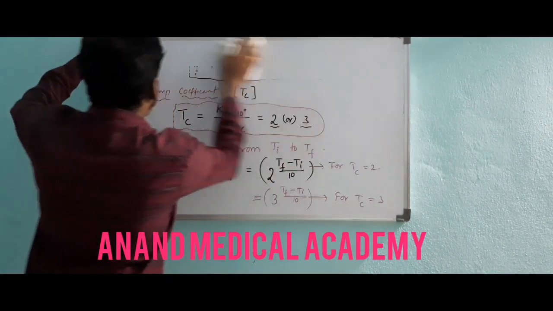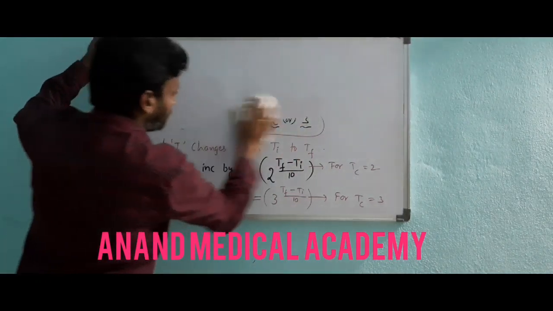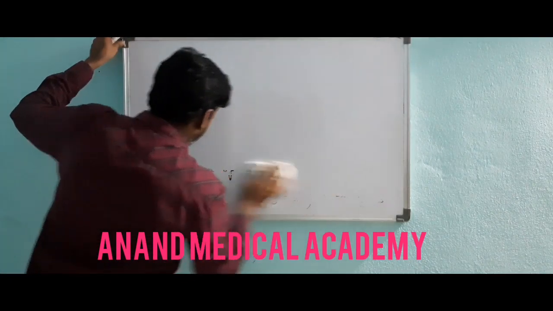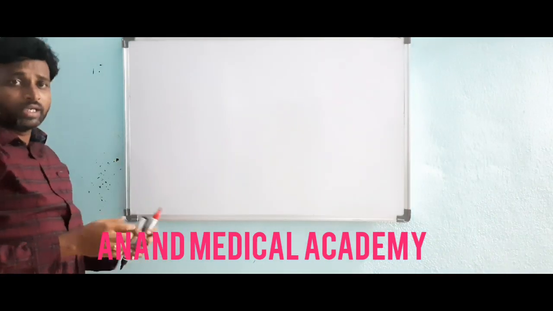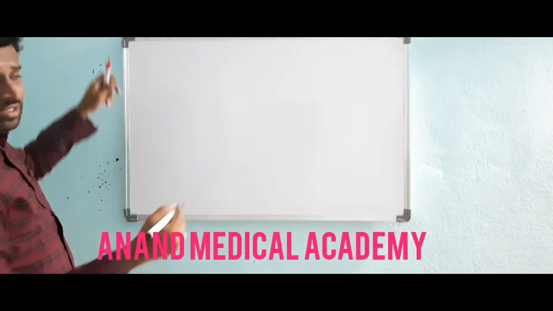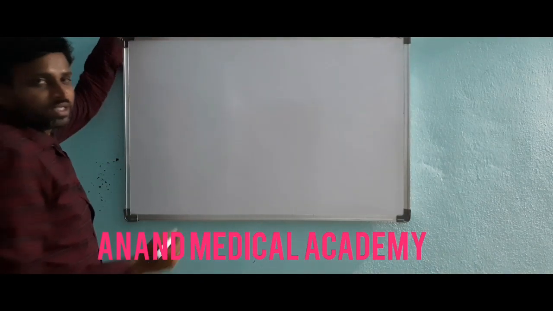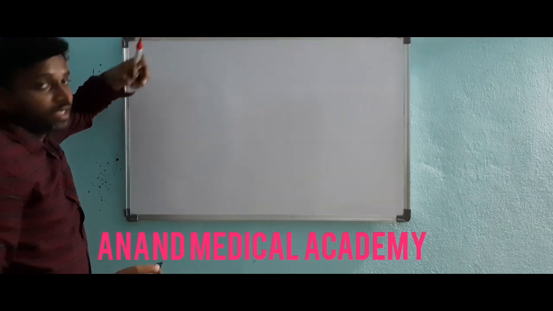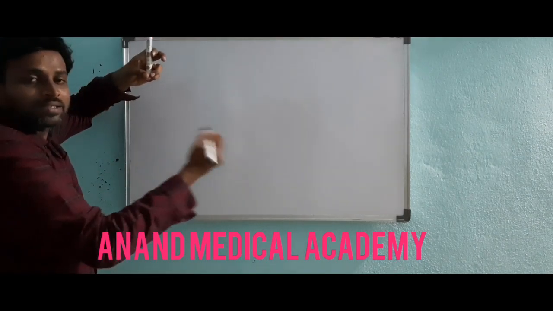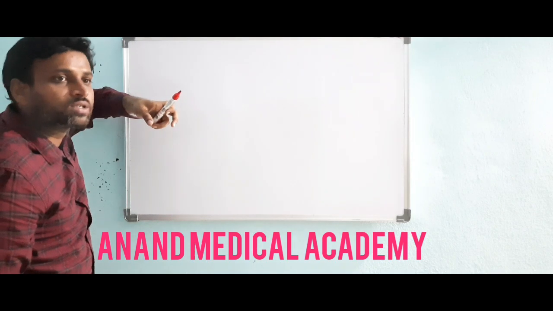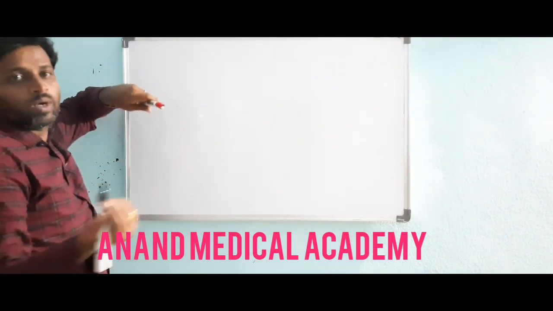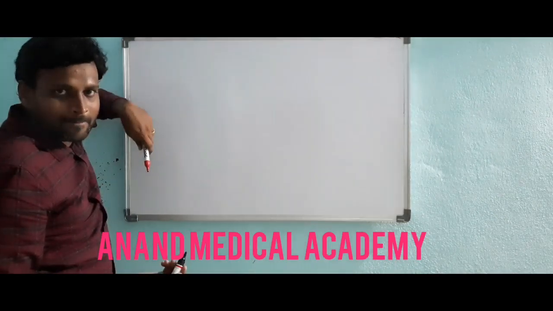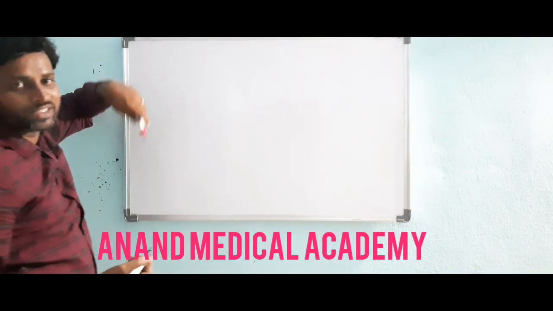Now let's see one small example for this. This is the effect of temperature. Here temperature increases, rate of reaction increases, so the specific rate also increases, because R is equal to K into concentration. So R is directly proportional to K. K is the specific rate. If the order is 1, if the concentration is equal to 1, then R is equal to K. So both are rates themselves.